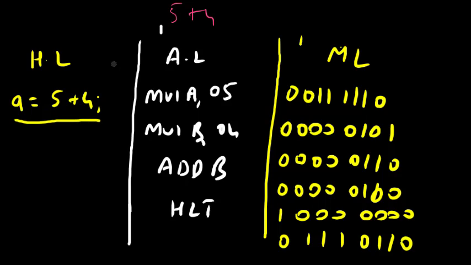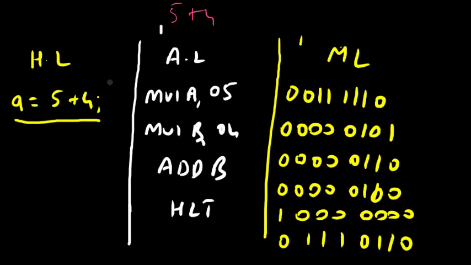It is a very simple code. Assembly language is a little bit tricky, but machine level, of course, it is impossible to understand what is going on. And in case of high level code, we can easily find the error, we can easily debug the program. In assembly language it is a little bit difficult as compared to high level when we want to debug the program. But in case of machine language, imagine if somebody says there is an error in one bit. It would be too difficult to find that particular bit. But in these two cases, we can easily find the error.